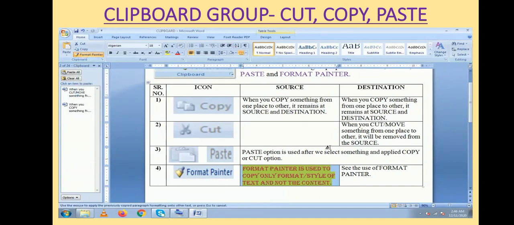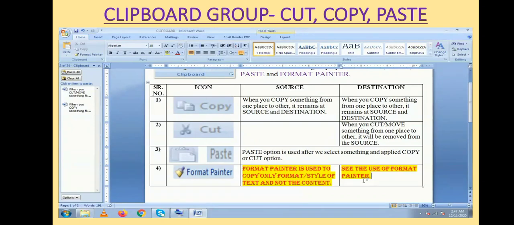Select the matter, then click on Format Painter. Go to destination, select the text and then release the mouse pointer. You can see that only the style like font style, then background color, this style or format is copied by using Format Painter.